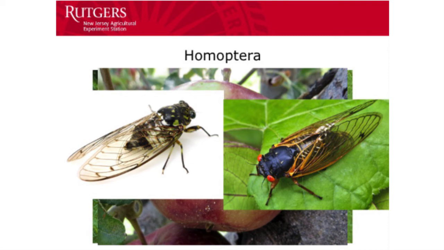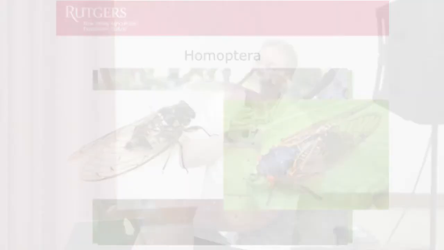Scale insects. That's another one. This one is a Homoptera. It doesn't have wings except the males. And so this is San Jose scale. And our growers don't normally treat for this because it's controlled by